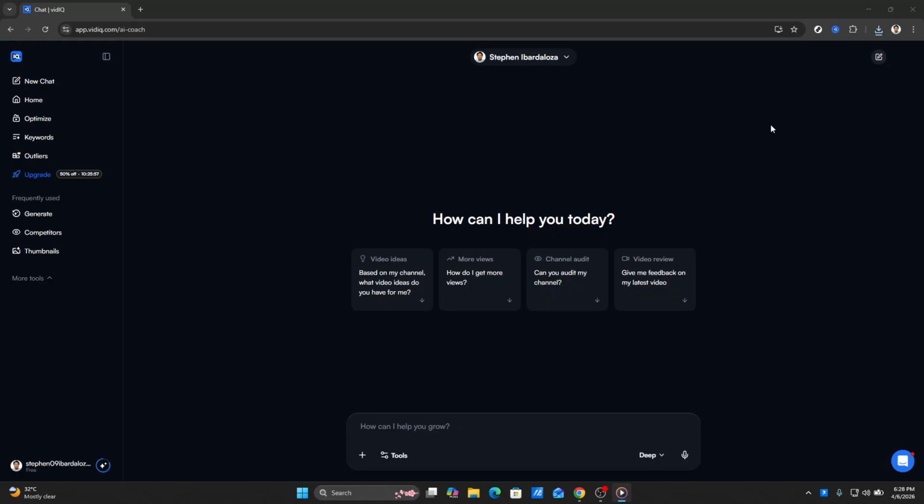First things first, you'll want to navigate to the VidIQ website. Open your preferred web browser and type in the VidIQ URL, bringing you to the homepage or the login screen. If you're not already logged in, go ahead and enter your credentials to access your account. This is the first crucial step because without logging in, you won't be able to proceed with the account deletion